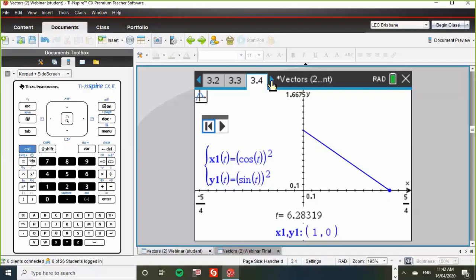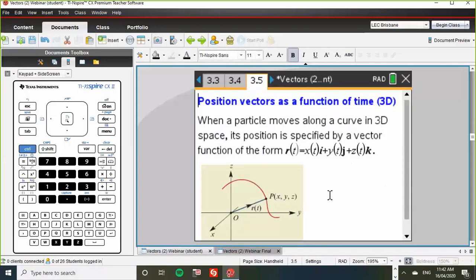And we move on to the next situation. This is a more generalized situation where we've got position vectors as a function of time in 3 dimensions. So when a particle moves along a curve in 3 dimensions, its position is specified by a vector function of that form, where we introduce a z of t, the third parametric equation, and it's in the direction of unit